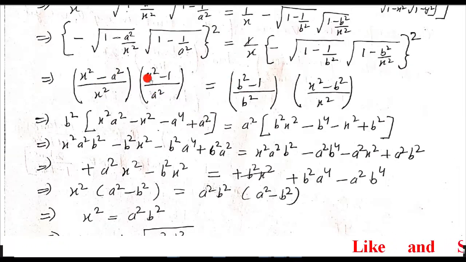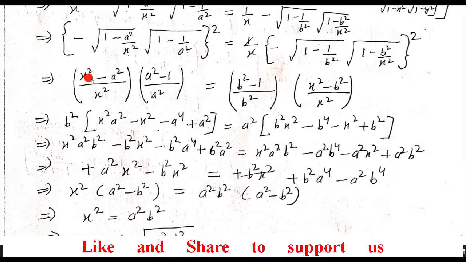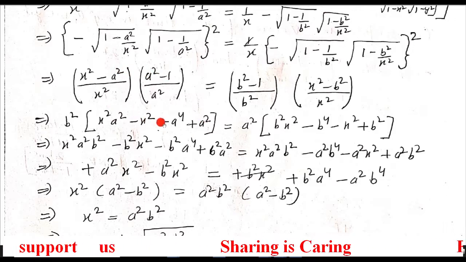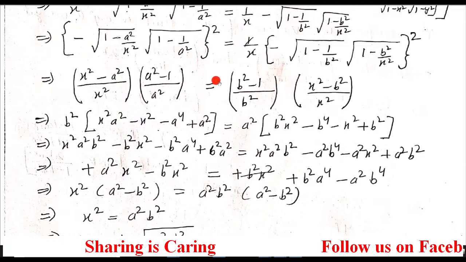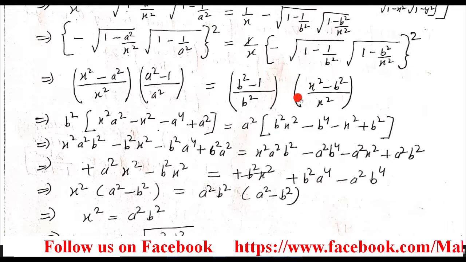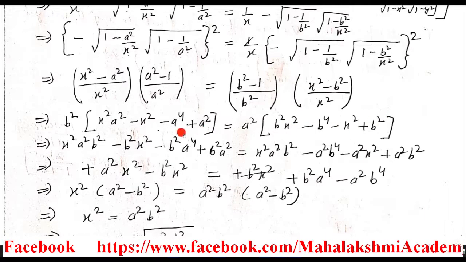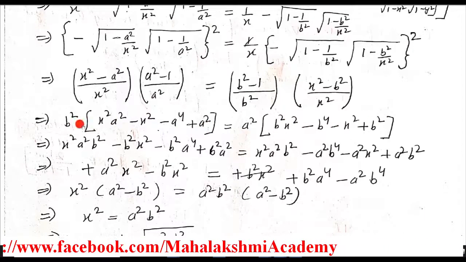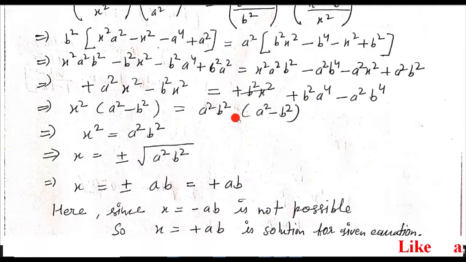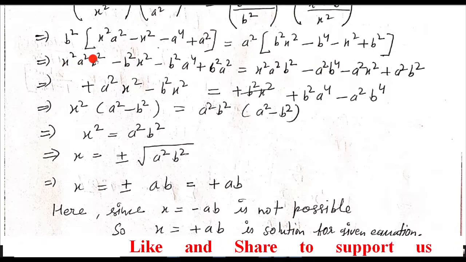And here just open both the brackets. I did it like this. This b square moved here, that's why I wrote b square here, and I opened both the brackets, so I achieved this big bracket by opening the numerator's brackets. In the same way, this a square will come here, so I wrote a square here. Then open these two brackets and you will get this big bracket. Now multiply this big bracket by b square, and here also multiply this big bracket by a square. So you will get this. Then observe carefully what the same terms are on both sides. You will find x square, a square, b square.